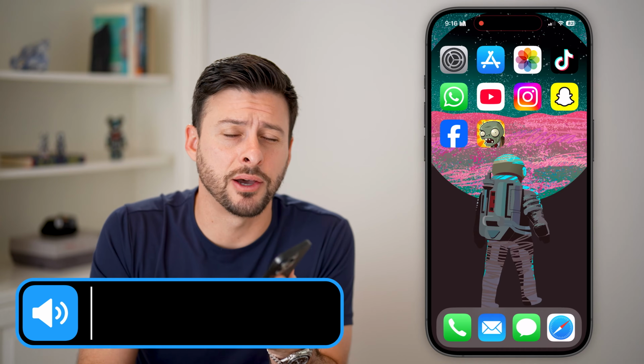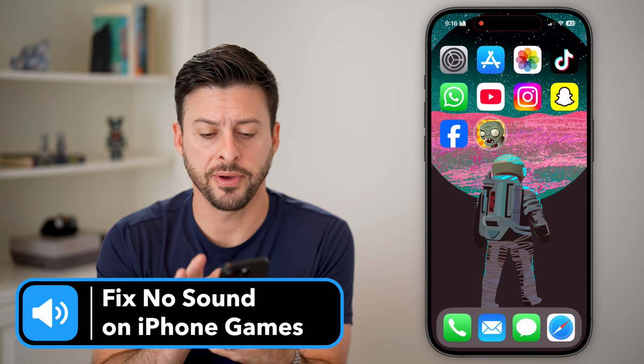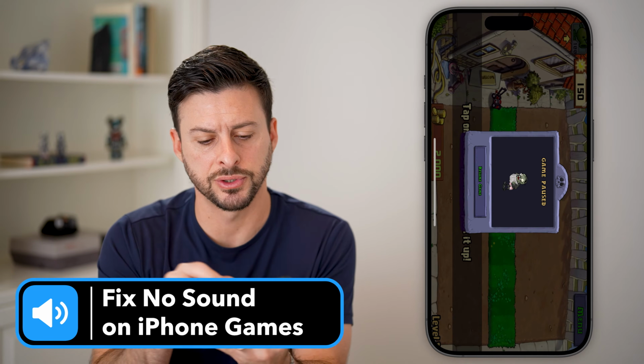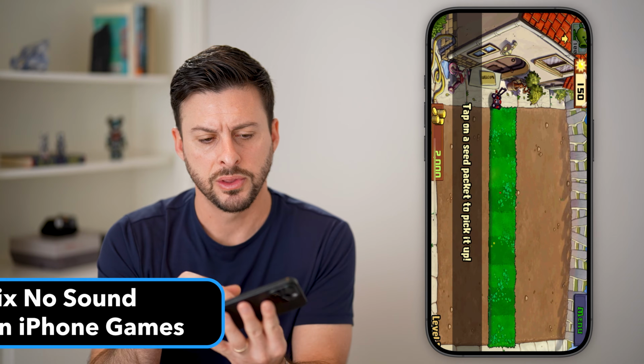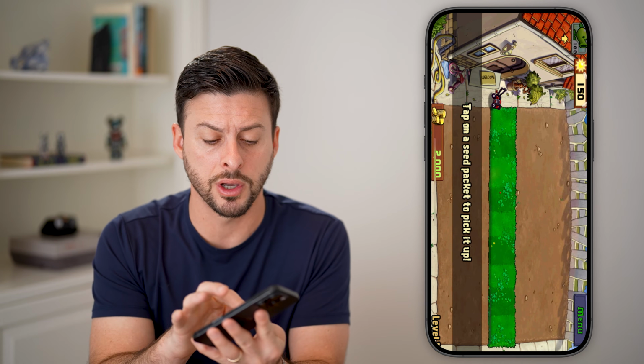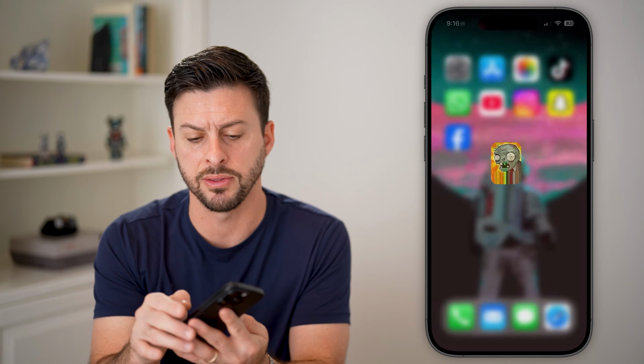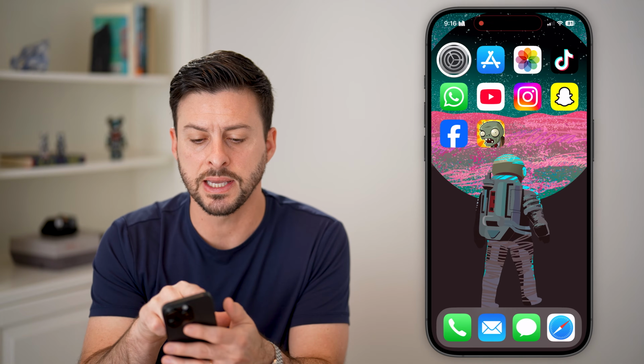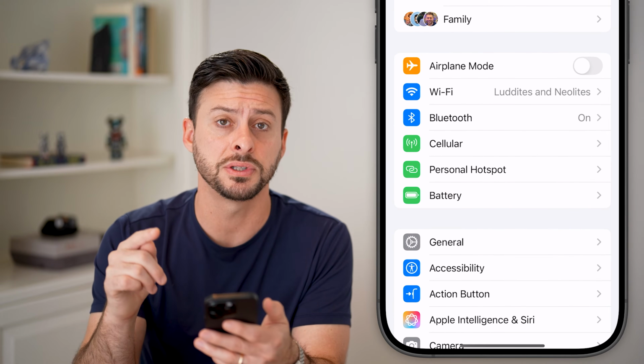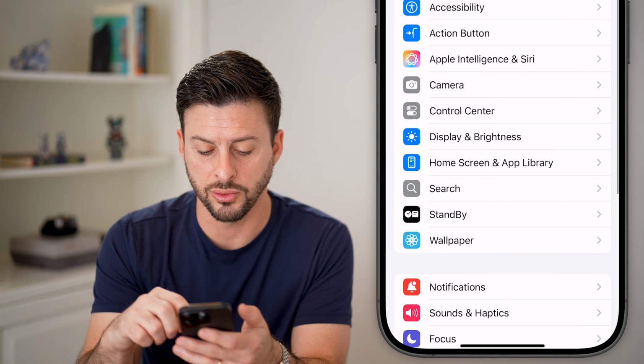Here's how to fix no sound on iPhone games. Now, if I open up, for instance, Plants vs. Zombies, you can see here, there's just no sound, no audio coming out, even though I'm playing this. Now, to fix that, let's head into these settings, and the first thing we'll do is scroll down until